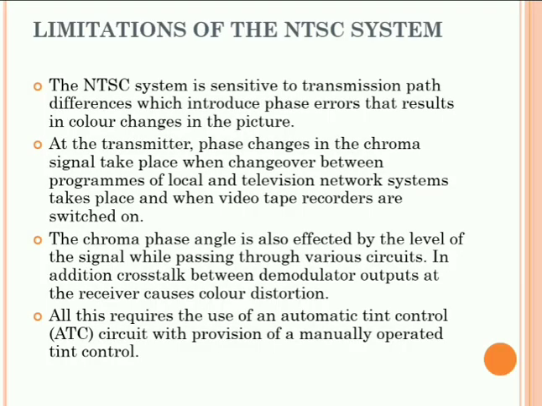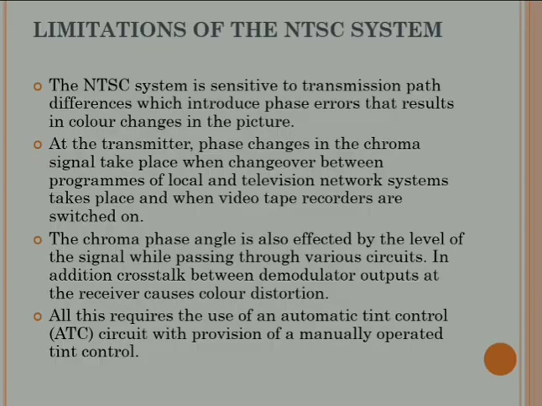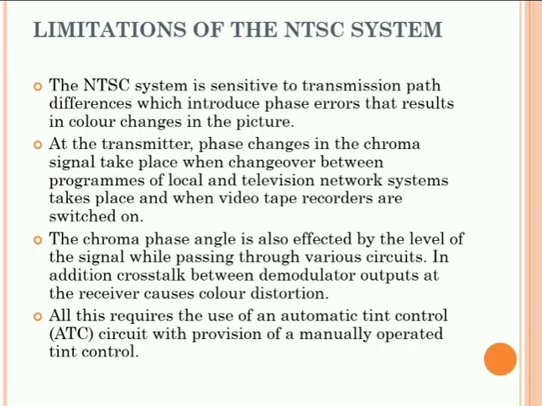Today we have seen what the NTSC system actually is, its transmitter and receiver. We have seen the blocks present in the transmitter and receiver and their different purposes. At the input of the transmitter, or the input of the encoder, the R, G and B signals pass through the matrix. After that, band limiting and the delay line are applied, and they are passed through the balanced modulator.